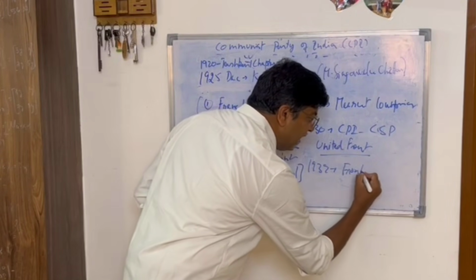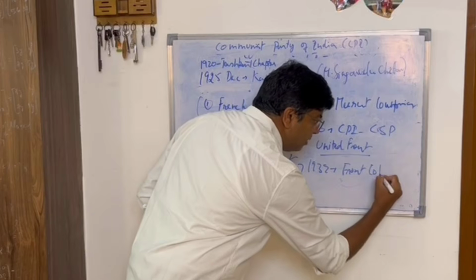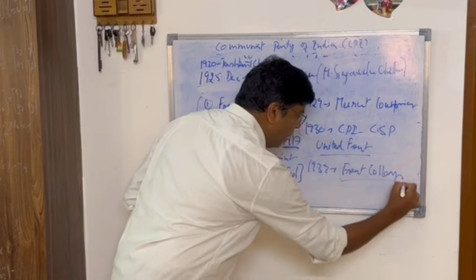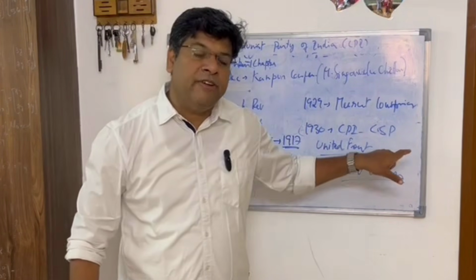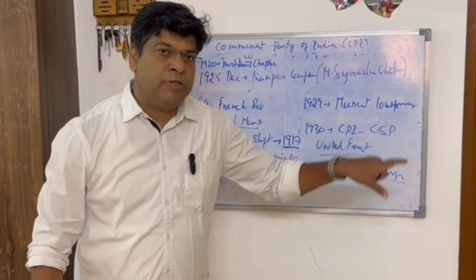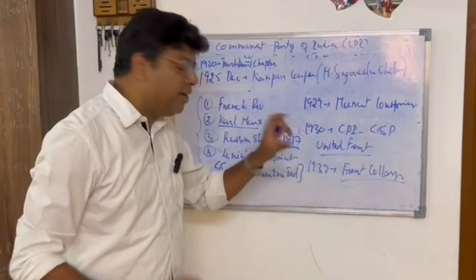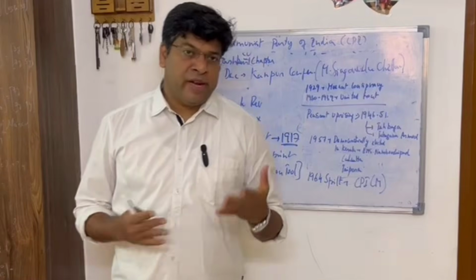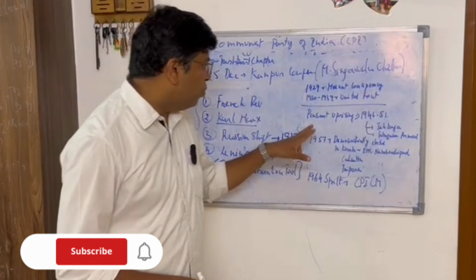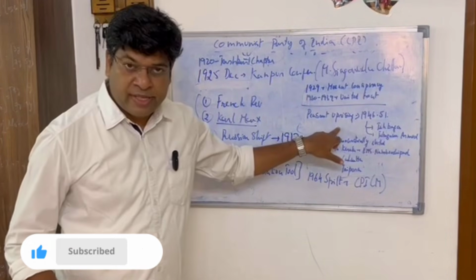I'll just call it the united front collapse, because the Communist Party of India had a difference of opinion with the Congress party, and the united front collapsed. Some of the other important milestones of the Communist Party of India, one being the peasants uprising,